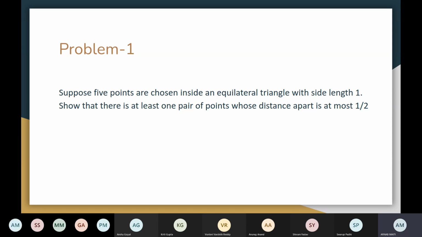I got feedback last time that sufficient time was not given for thinking. So this question won't require more than a minute. When I say you can speak out, then you can start speaking out. Let me just keep the timer. Just think for a minute.